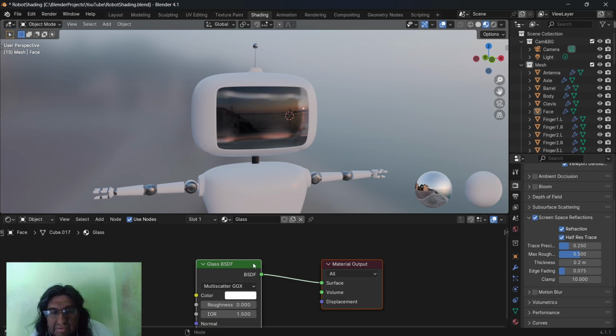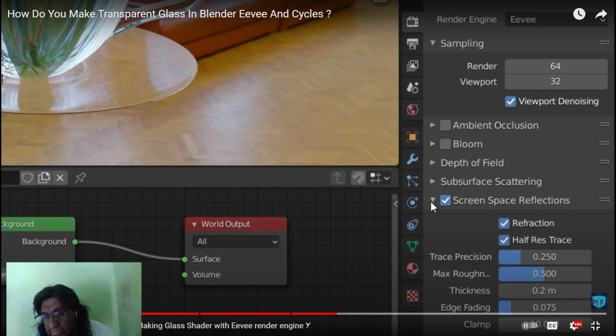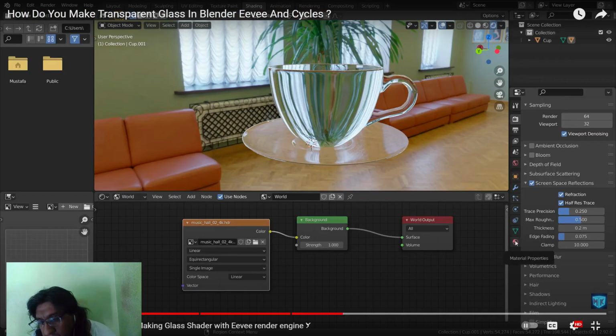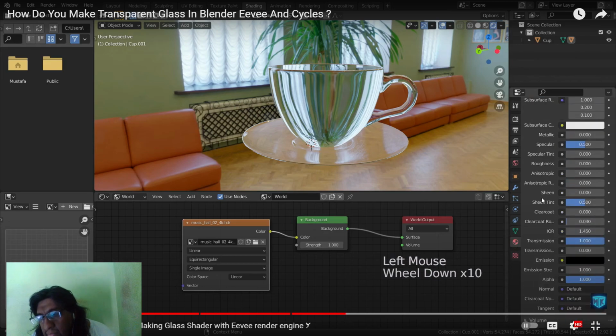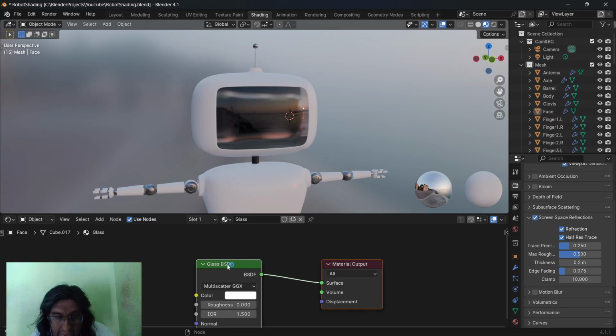Okay, nothing has changed. We will change this to Principled BSDF. Then, let's go to the Material Properties menu, scroll down to Settings and enable screen space. And here we need to